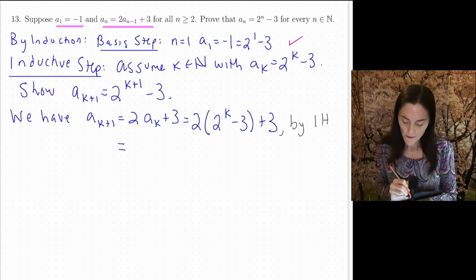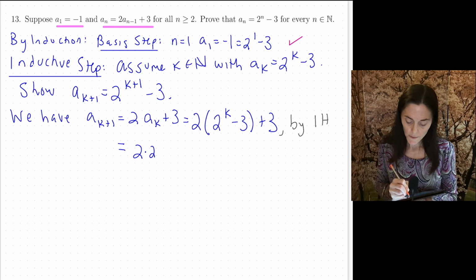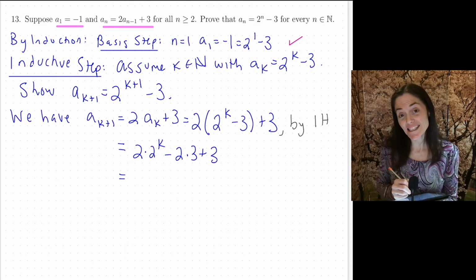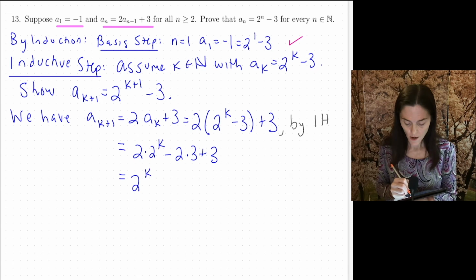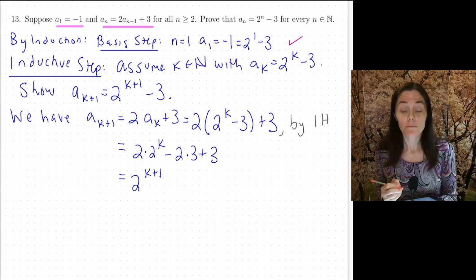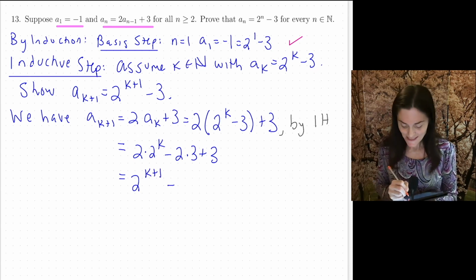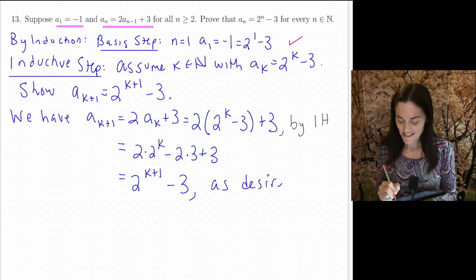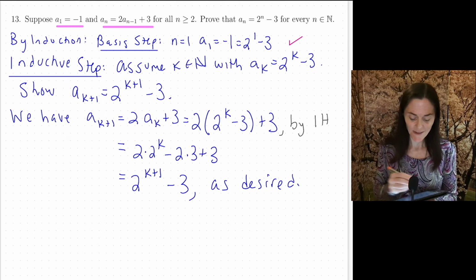And then this is 2 times 2 to the k minus 2 times 3 plus 3. Well, 2 times 2 to the k is 2 to the k plus 1. And this is minus 6 plus 3, which is minus 3. And you see, this is the end of this proof by induction. We have